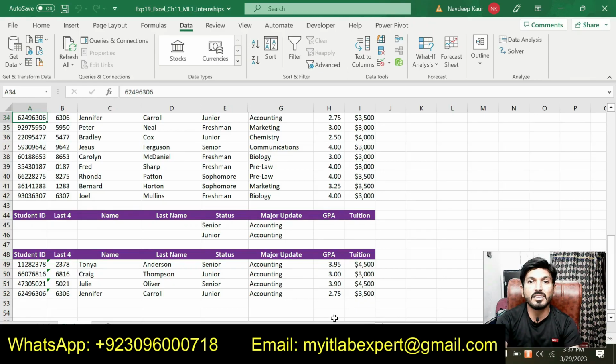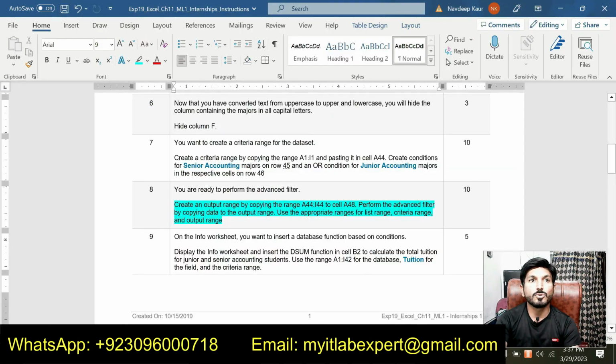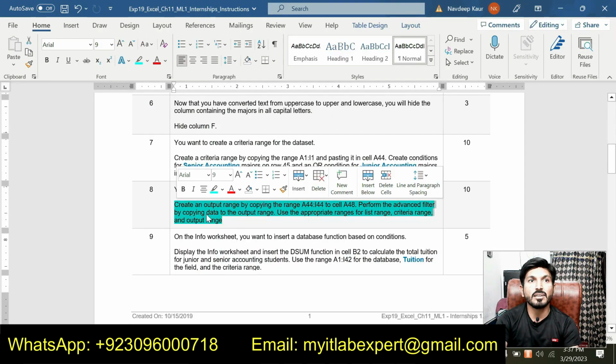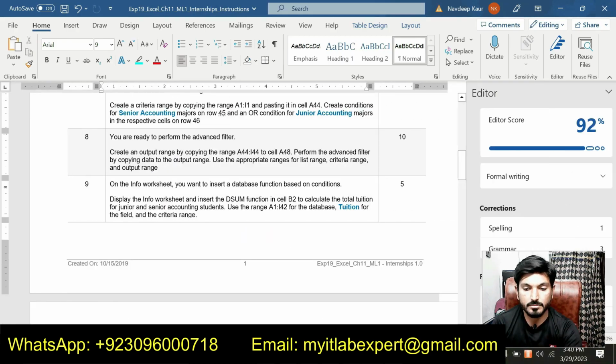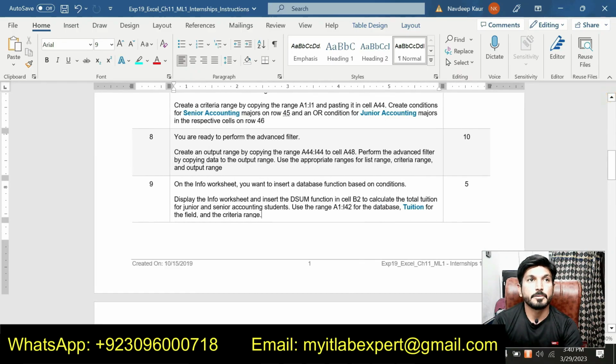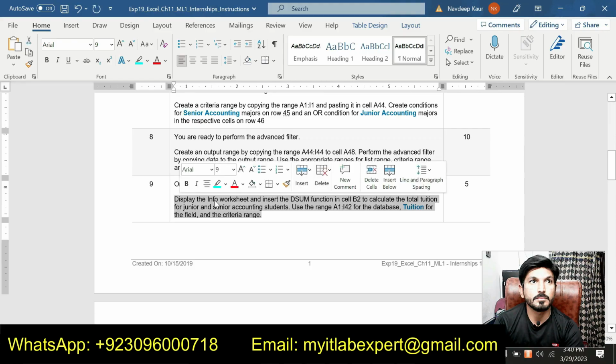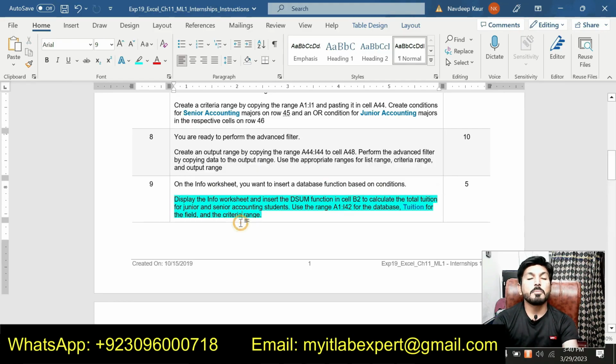We filtered the result and we got this filtered data. So that is all about step number 8. So we have completed 8 steps so far, and now we will move to the next step, that is step number 9. So step number 9 is